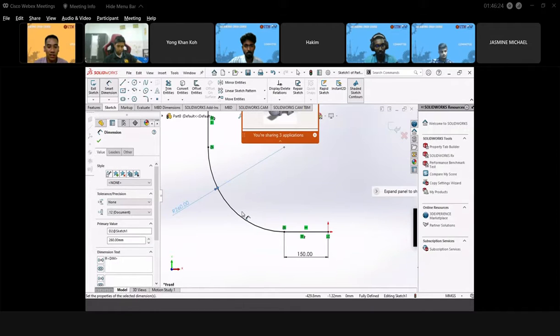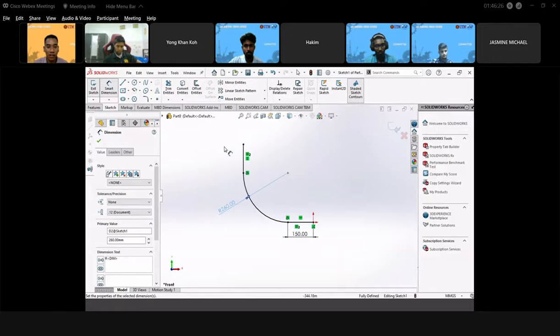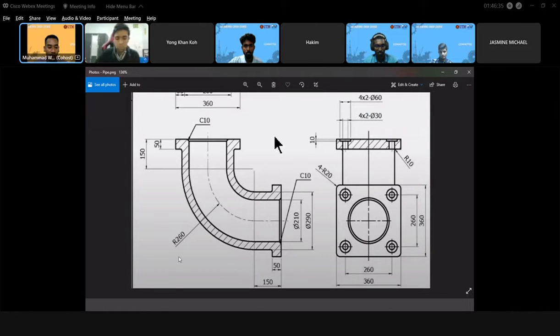Okay, 260. Now the sketch is fully defined. Okay, same radius 260 and 50. Okay, so